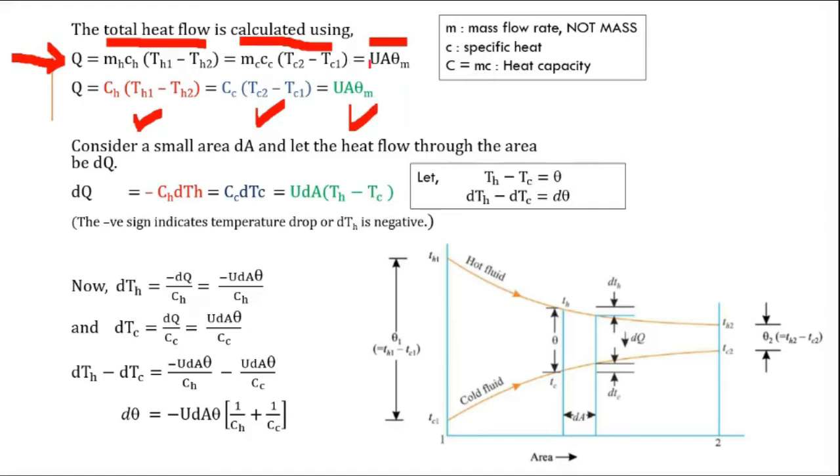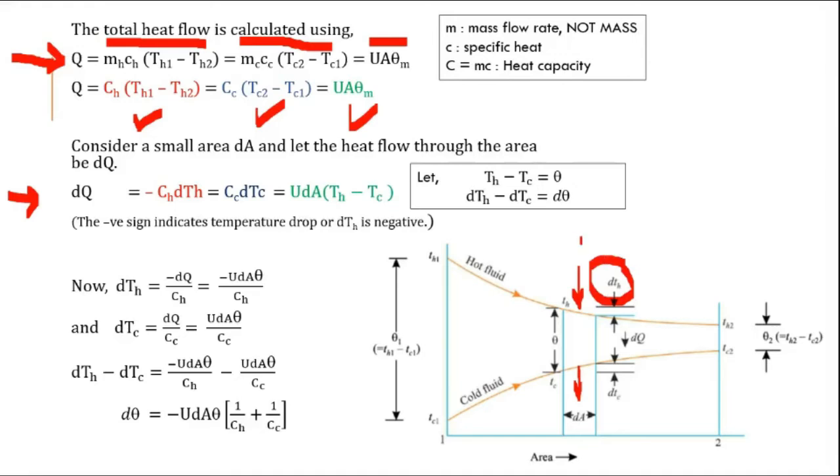No doubt till this part? No, sir. Okay. We are going to see what the small rate of heat transfer is for this particular element, which we have taken as dQ. This dQ can be given by the heat loss by the hot fluid. For the hot fluid, the temperature drop is equal to dT_h. So we can say that the heat transfer value will be equal to C_h dT_h.